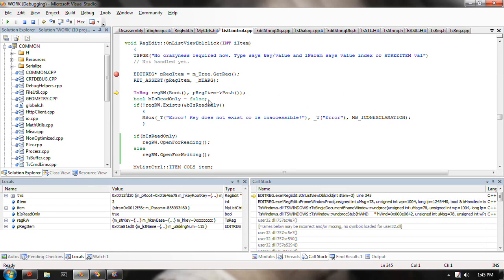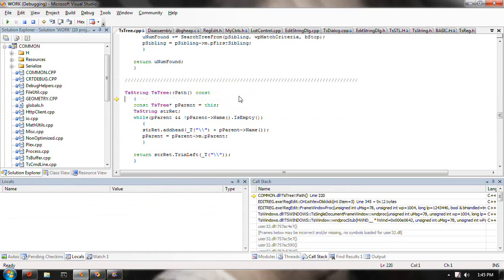If you watch this function, path, does this walk through until there's no more parent, or until the name is empty. I don't think that's ever going to happen, but it's there just in case. So that's that, see, and then I go to the next parent, add, and keep adding until I get to here,